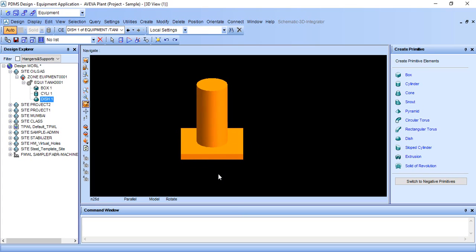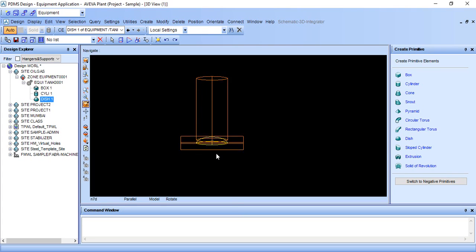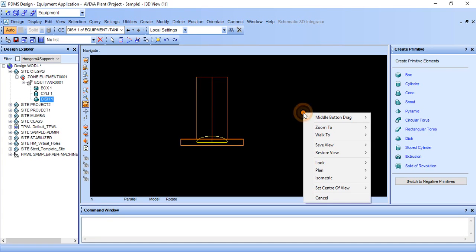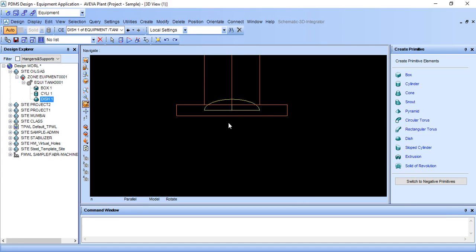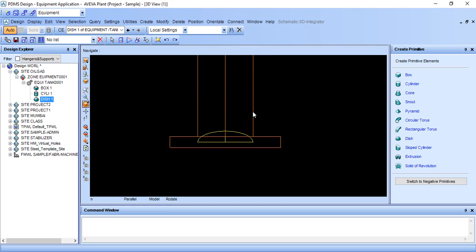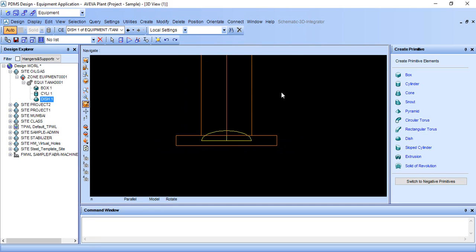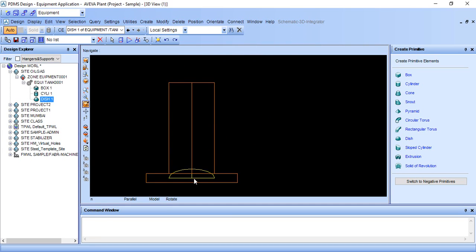Here it is not showing. Press F8 button, you will see something at the bottom, and right click, go look north. So it is clearly visible, it is on the bottom side. So go to connect point, we want this face on this surface.